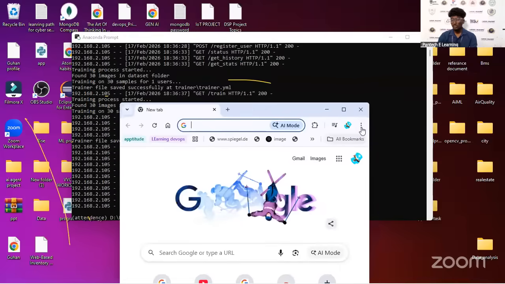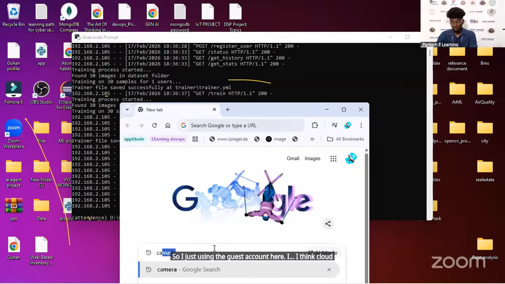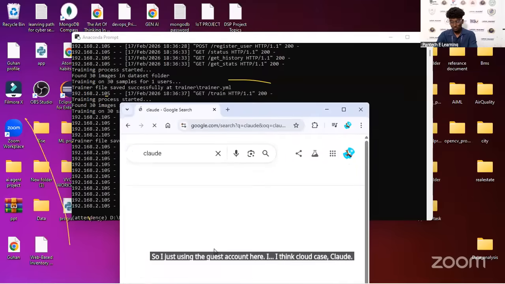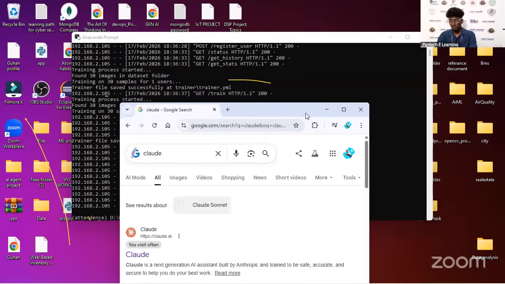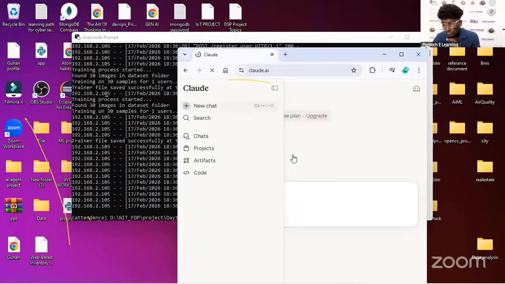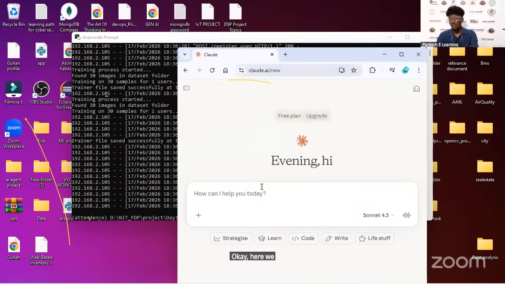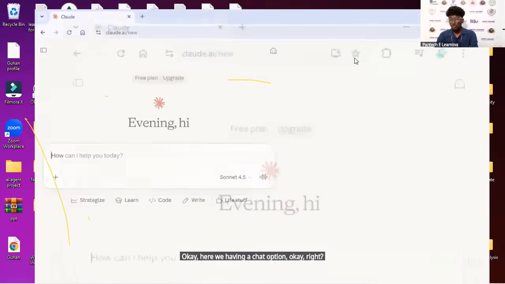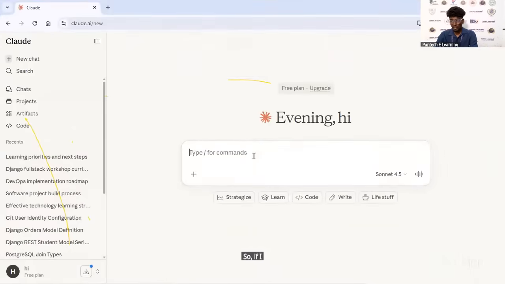So I'm just using the guest account here. I'm using Claude. Okay, here we have a chat option. Right? So if I mention any kind of thing like